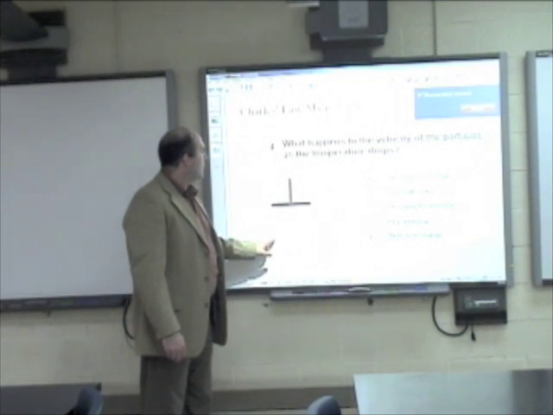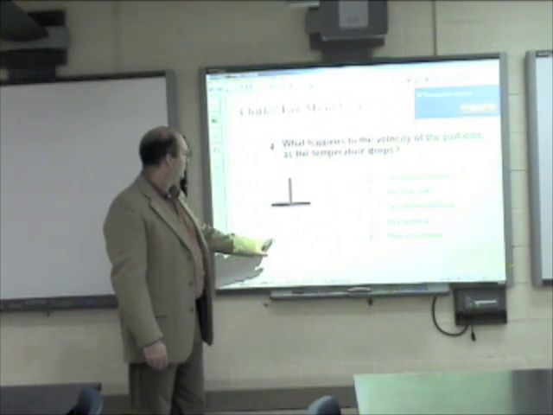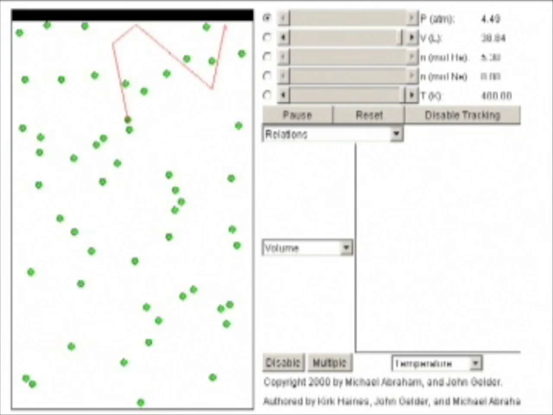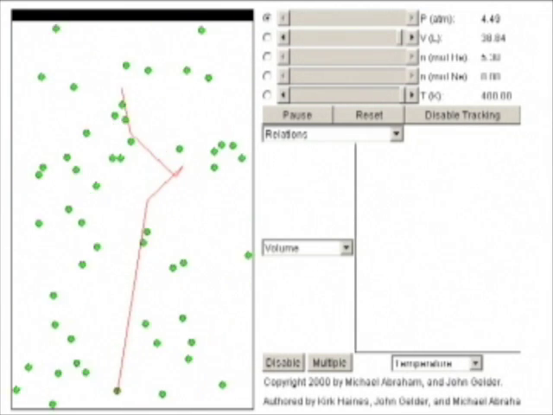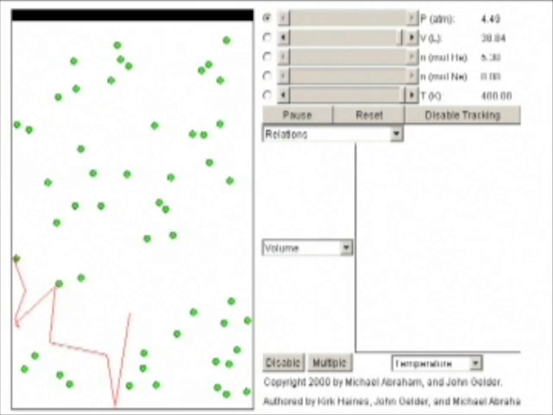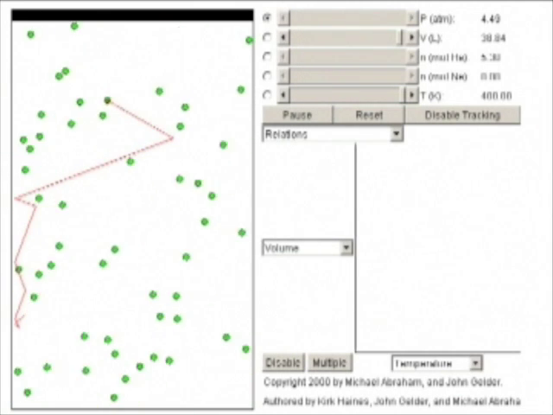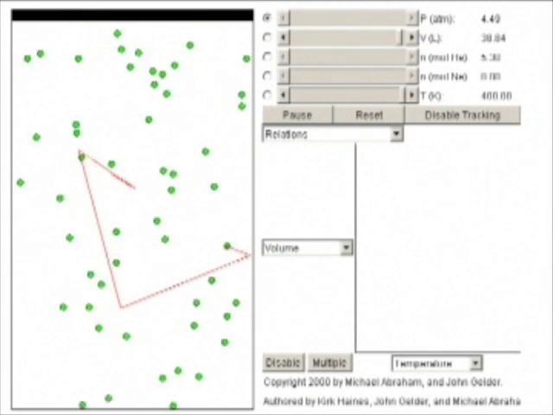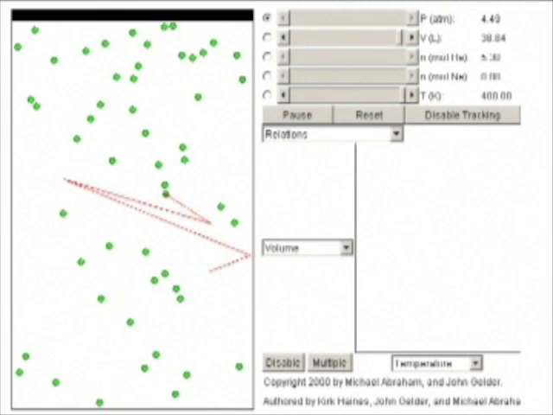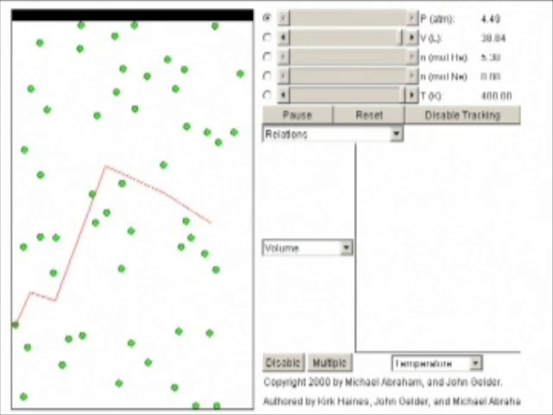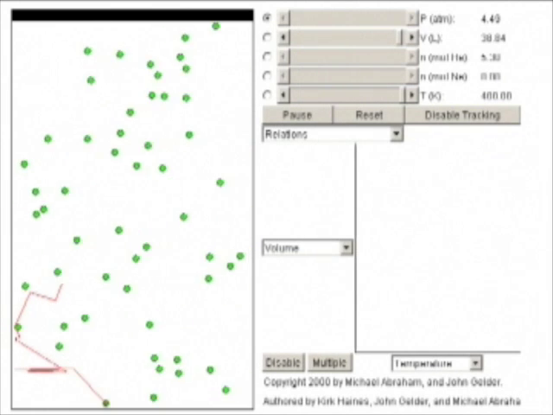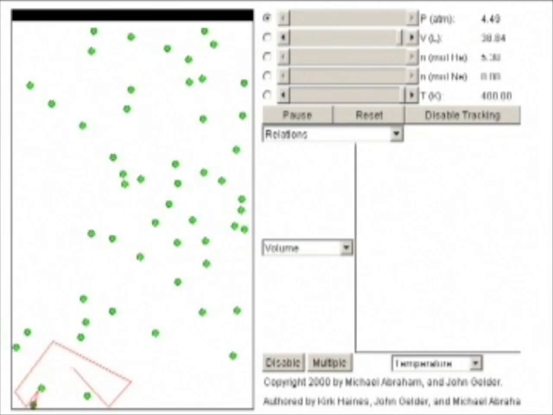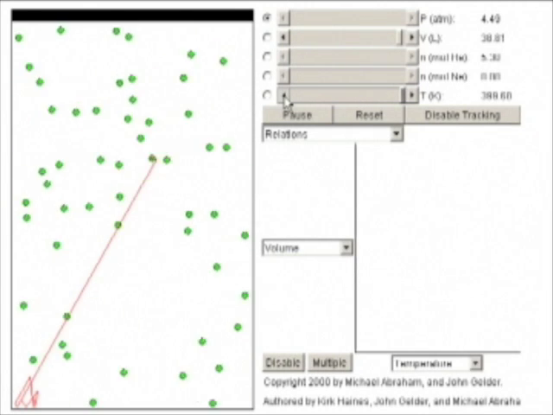Okay, so let's look at a microscopic view. Here we have our simulation again from our microscopic view. We've highlighted one particular molecule so you can see how it changes as it collides. We have quite a large volume, and we're at a high temperature. Our graph over here has volume on the y-axis and temperature on the x-axis. Now, if we change our temperature and cool it down,